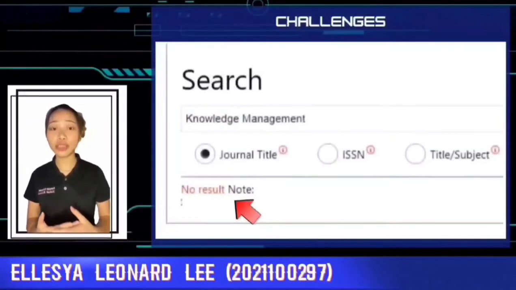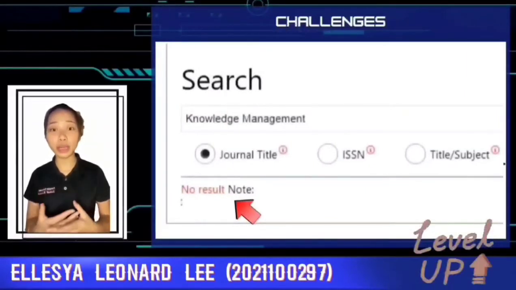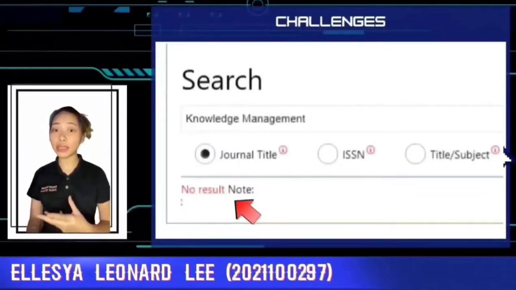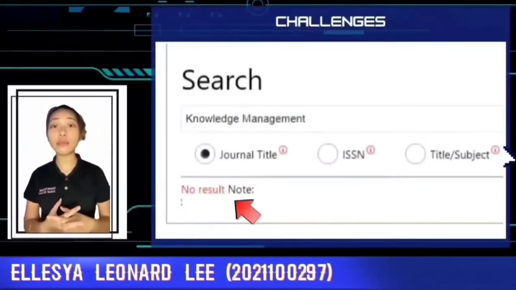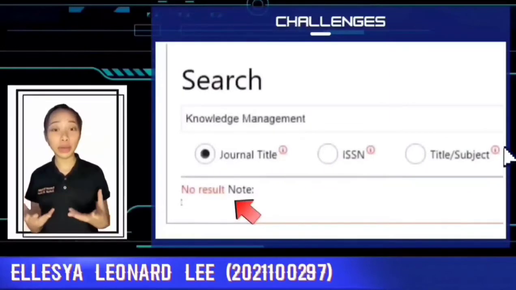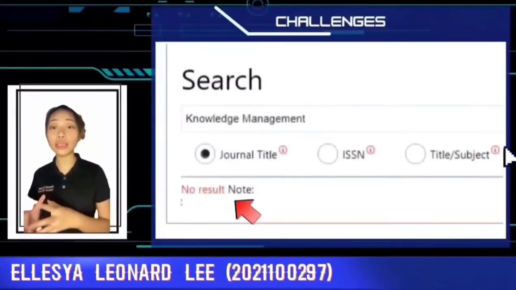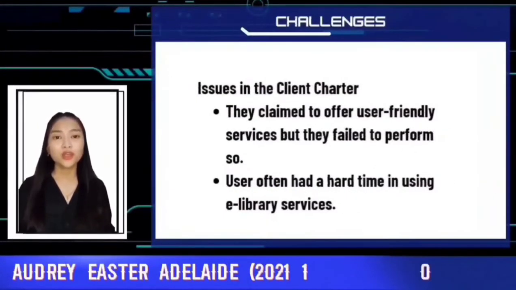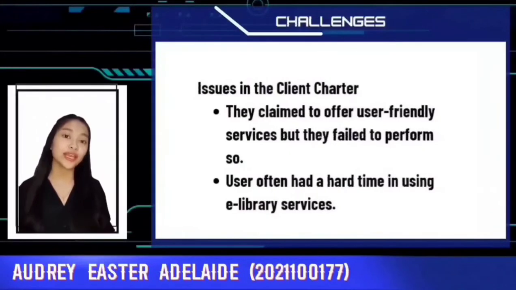Therefore, both challenges mentioned before can be overcome by improving their knowledge acquisition, through ensuring the collaboration made with external parties is aligned with the UiTM library's objective, so that our library will be more equipped with both internal and external information. Moving on with the next challenges in the UiTM e-library, which include some issues with the client charter